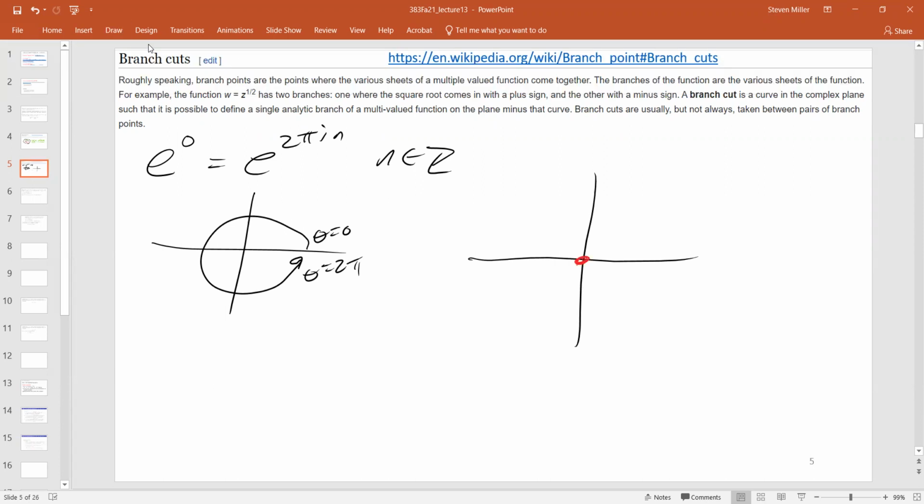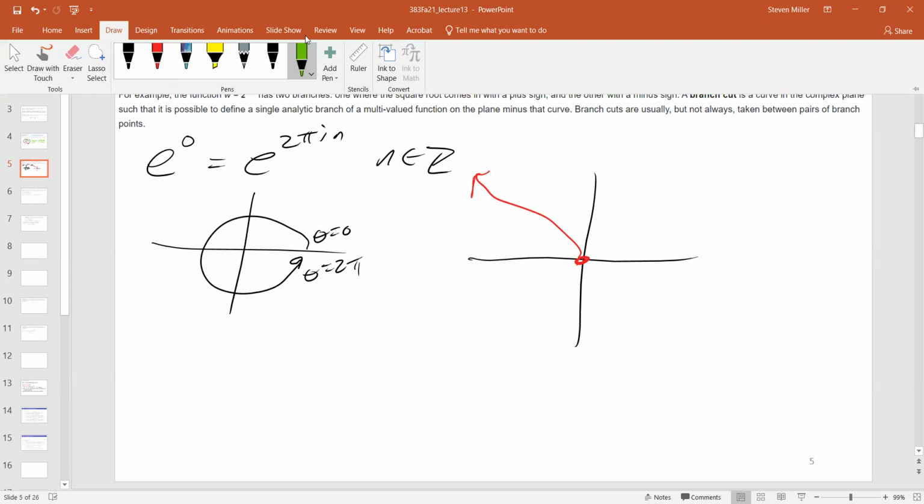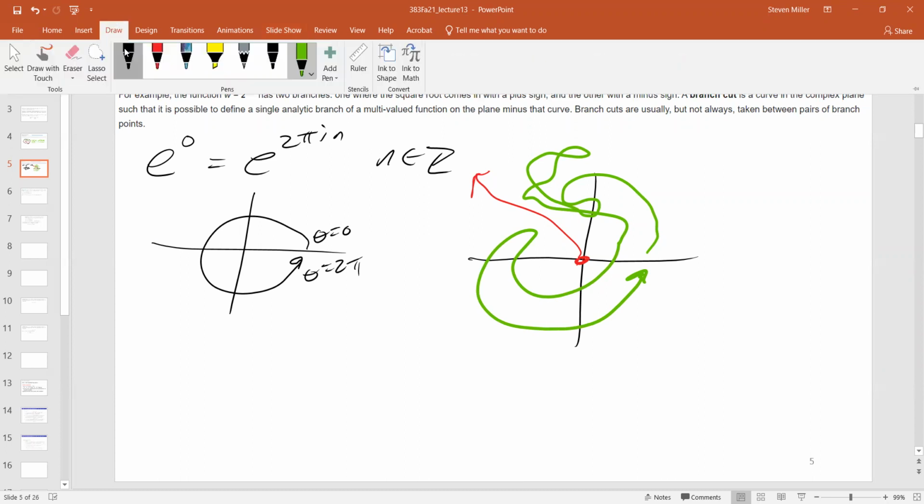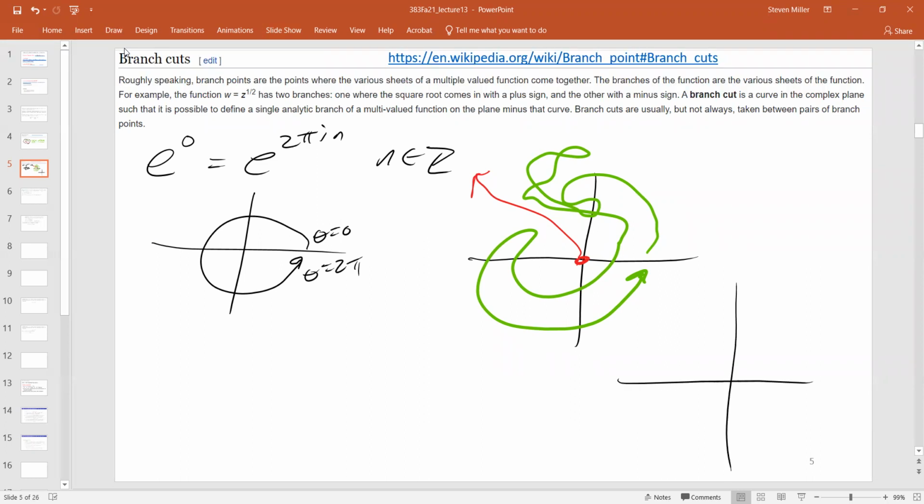So what we do is typically we take 0 and we throw away some curve going off to infinity. And we refuse to allow ourselves to cross that line. So now, if I try to draw a path, I can't cross the line. I can do all strange things like that, but I've never gone a whole 360 degrees around. And so a branch cut is going to prevent me from having trouble like this. You could, of course, have other types of very interesting branch cuts where maybe you spiral around and whatnot. We're not going to worry about that. For us, the most common branch cut is the principal case, the principal branch cut.